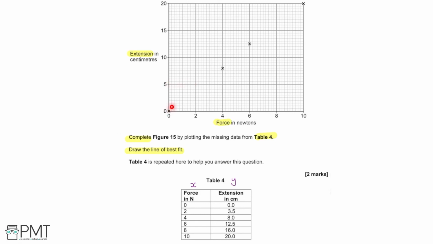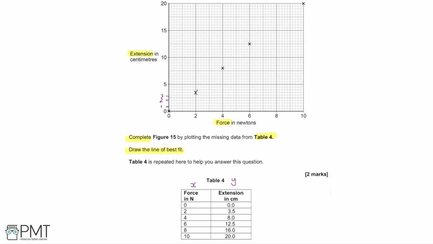each increment of 2 small squares is going to be a measure of 1. So I could plot that on here. So these 2 small squares we have 1. Here we have 2, 3, and so forth. So if we have the point 2, 3.5, we go along to 2 and up to where 3.5 is, which is this point here. We then have the point